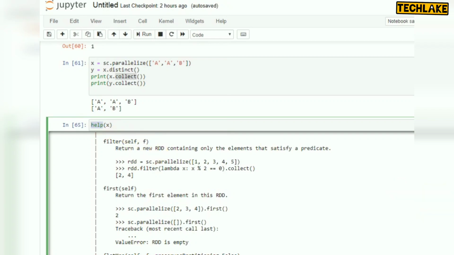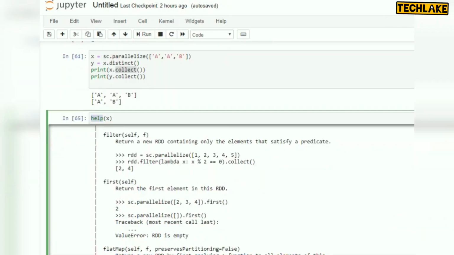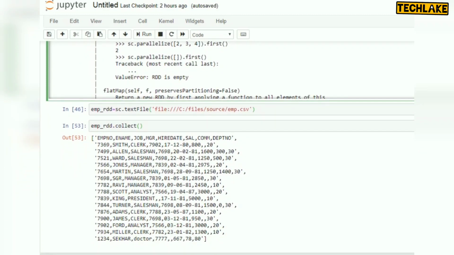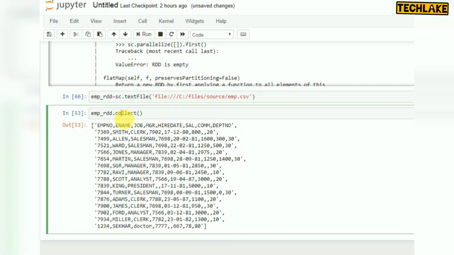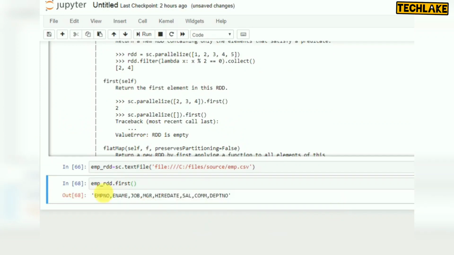These are the 2 default things you should know about. As I told you, there are different ways to create an RDD. We can create it from a file also. This is a text file available in my local system. Just press Control Enter so it is executed, and then you can use collect. Collect is also an action. There is also first, which will show only the first record. It is running. Now you can see only the first record, which is the header. Collect will display every record.